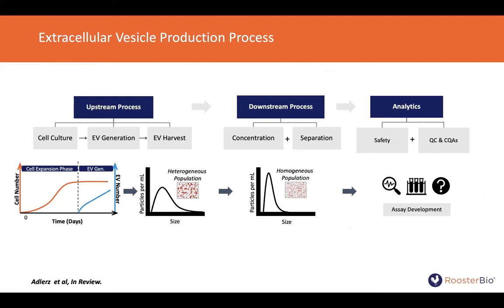Now, there are some people that will collect the extracellular vesicles throughout cell expansion. We believe that this leads to inconsistencies within the extracellular vesicle populations, even more than you already have. And so just to standardize this piece of the process, we believe it's best to first grow up the cells and then have a separate EV collection stage. After you grow the cells up, you generate the EVs and then you collect them. And again, we have products specifically for that. Your extracellular vesicles in blue, those numbers will go up,